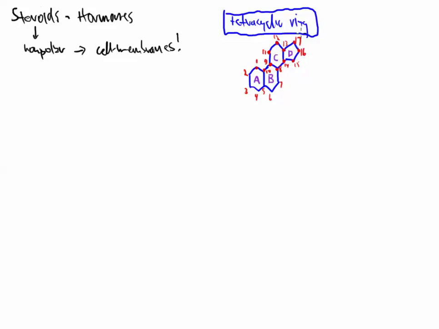So that will be another test question. Give me the numbering of the carbons in the ring system. And your job is to figure out that it starts at ring A right up here at the top, and it circles around, and then it goes back up to ring C at number 11 here, and then it weaves through to carbon number 17.